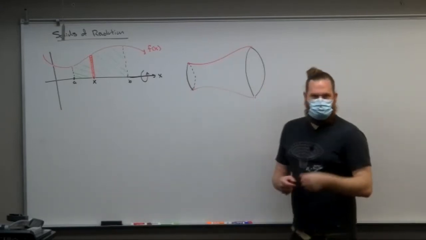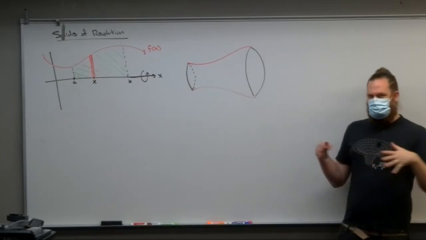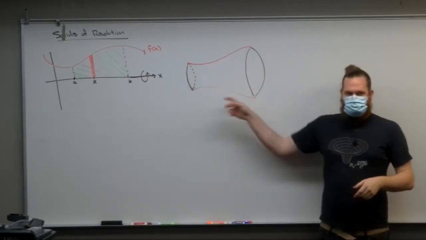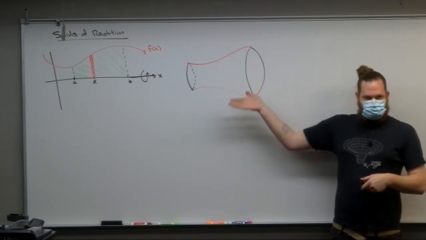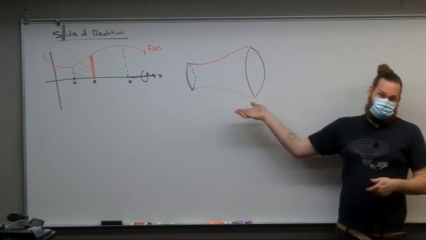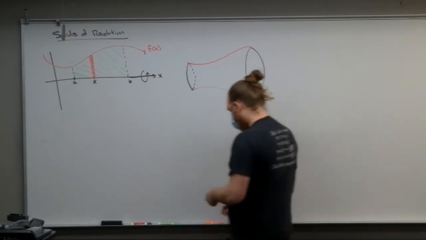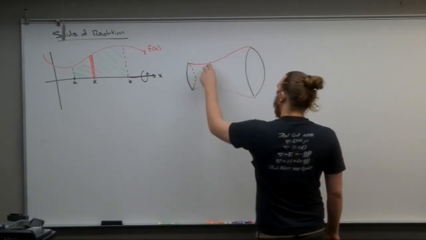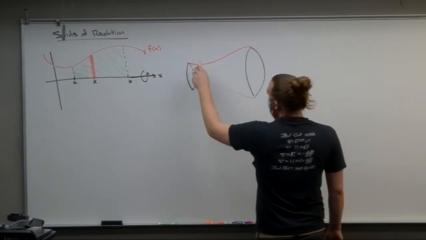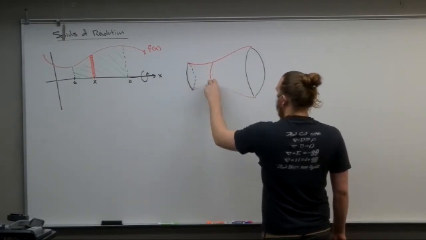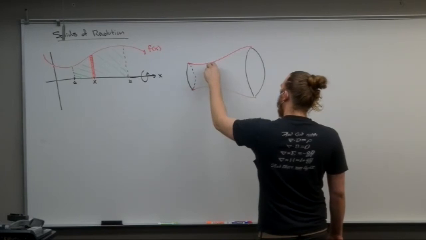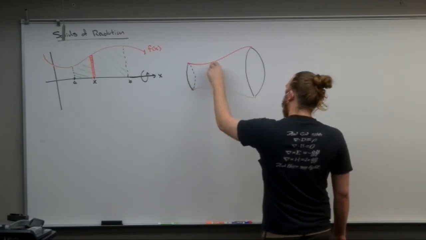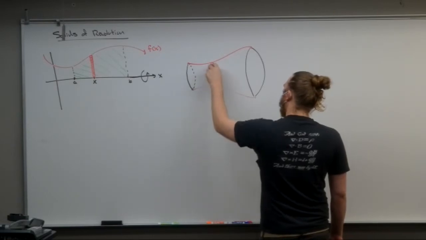That little strip, if you were to rotate just the strip, forget about the whole rest of the region, just rotate that strip, you're not going to get this whole solid, you're going to get a slice of the solid, which is a disk, hence the name. So rotating just that strip yields just this little disk